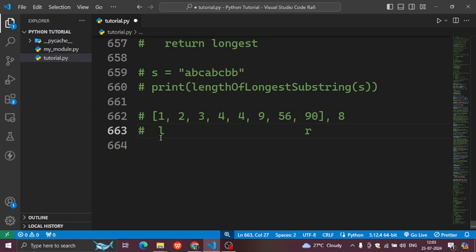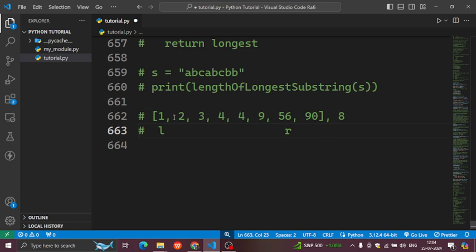So for example, we initially start with L sitting at the first index, R at the end of the array. 90 plus 1 is 91. Of course, greater than 8. So we move R over one space backward. Why are we moving R, not L? Because we know all the elements before this point will be smaller, and we are looking for a smaller value because we have found a sum greater than 8. So we move R over.